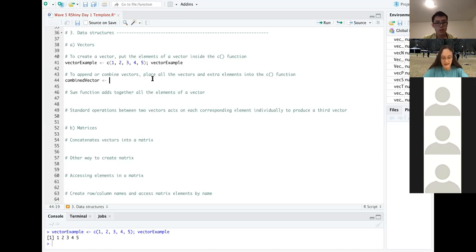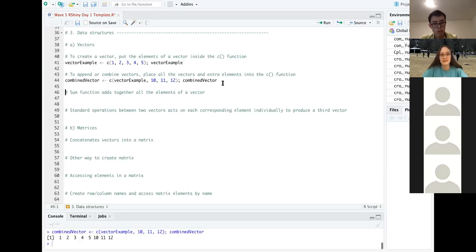We're going to combine the vector example we just created with, let's say, 10, 11, 12. R is smart enough to know that we don't want that whole vector as one element, but we want to split it out into 5 elements. So the whole thing is an 8 element vector. And as you can see in the console, we have 1, 2, 3, 4, 5, 10, 11, 12 as desired.